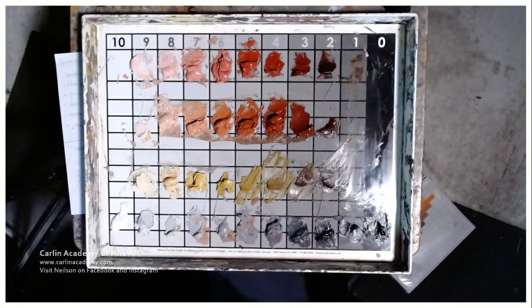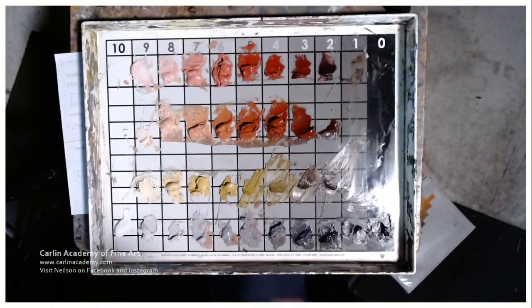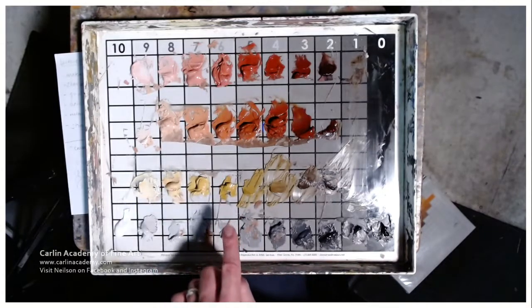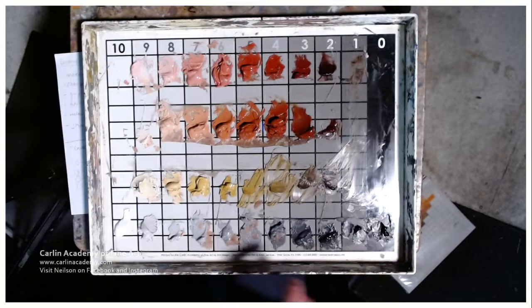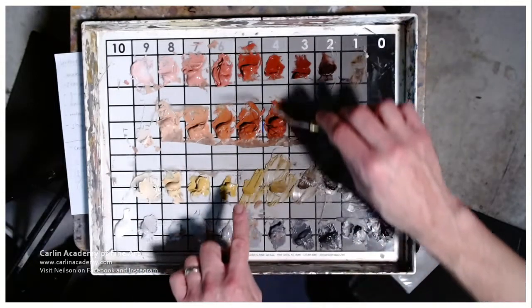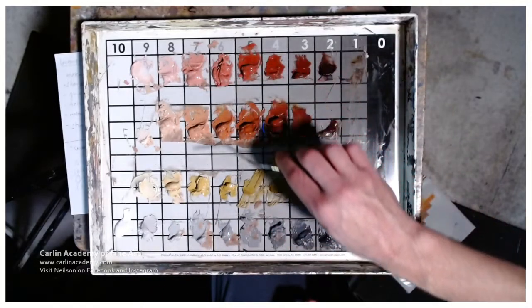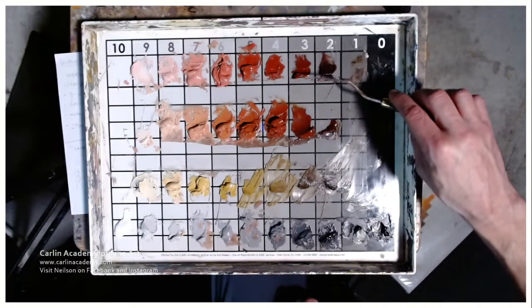You can watch the other video on mixing your value scale and making a neutral to figure this out. I have my neutrals mixed out from 10 to 0, right? 10 being white, 0 being black with 9 grays in between. And then I have my 3 strings, my yellow, yellow, red, which is the yellow ochre pale, darkened with burnt umber, raw umber, my yellow red, which is burnt sienna, and my red, yellow, red, which is the Venetian red with alizarin and burnt umber. I have my poles, right? They establish the poles of flesh. Based on our discussion, I know that all human complexions are going to fall somewhere in here